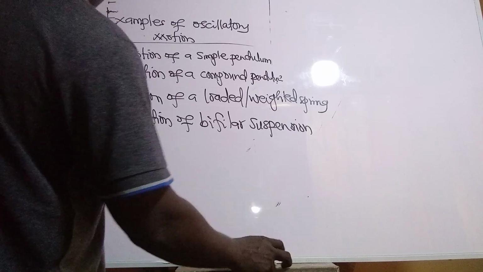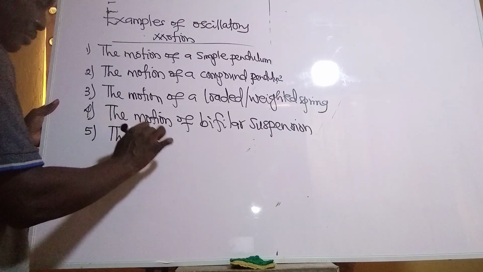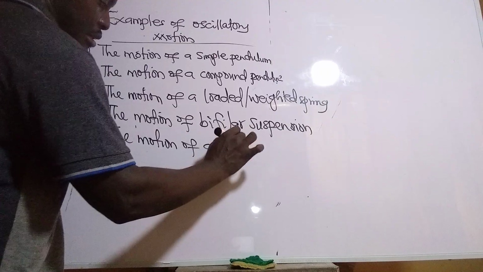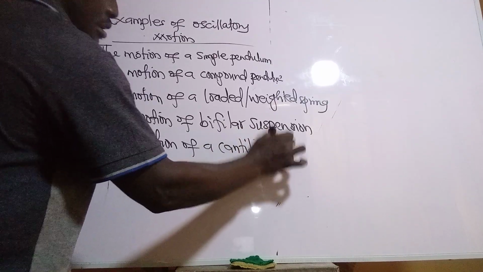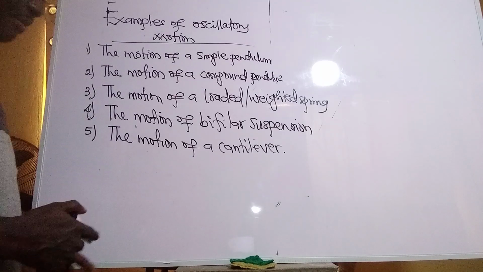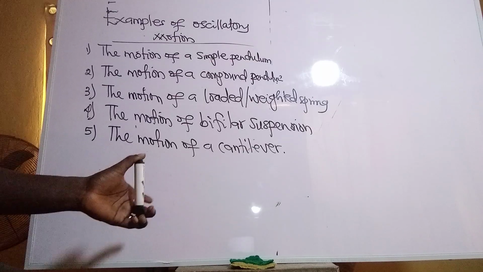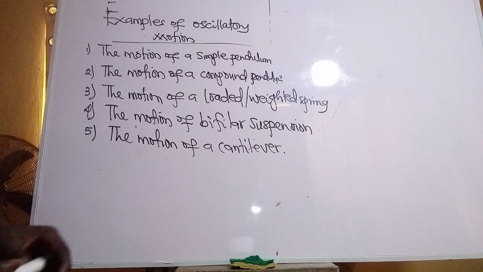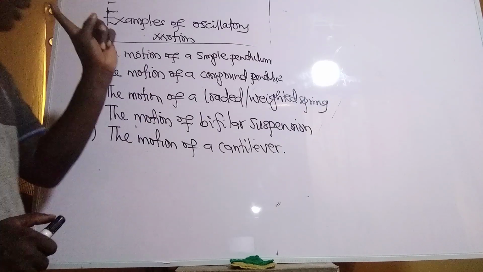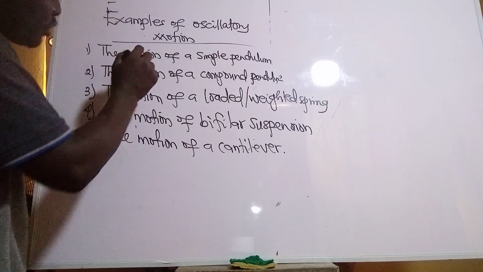Then we have another example, the motion of a cantilever. So we have a lot of examples under oscillatory motion, and these are five of them. Please take note that in stating the examples, I was talking about what? The motion